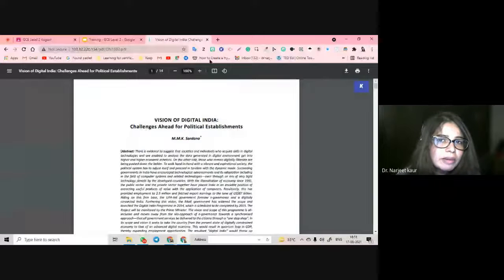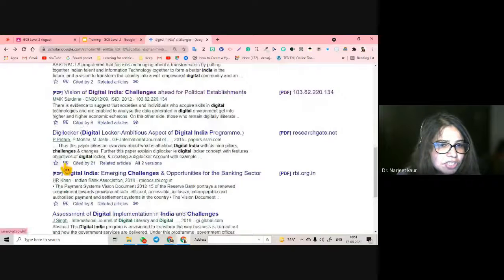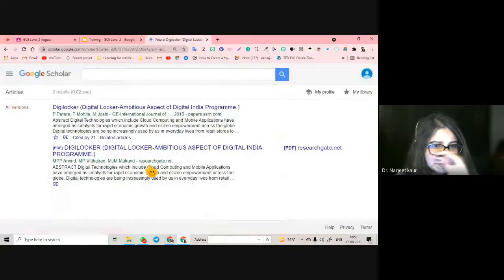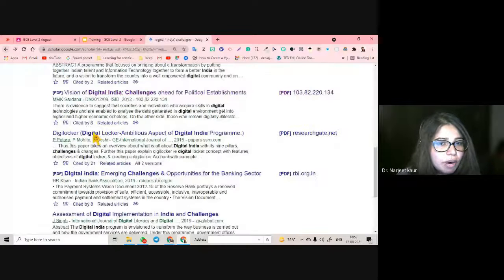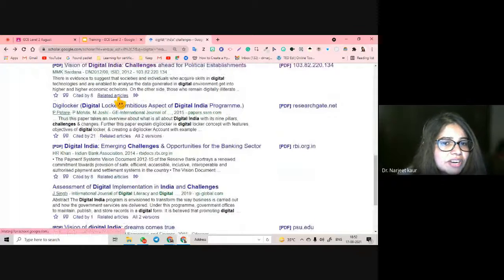A citation, I just showed you. You can go and pick the citation from there. You just have to click on this and you can see the versions of the same thing available. Not everything will have versions, but there are a few articles which have versions or which have related articles.